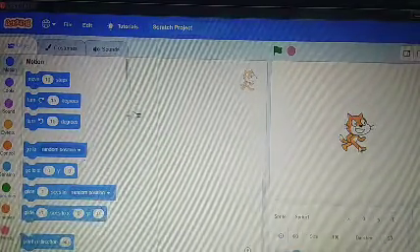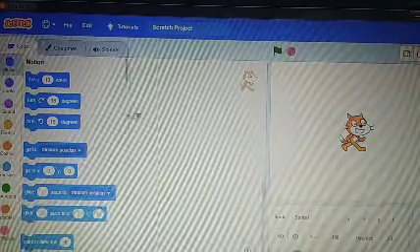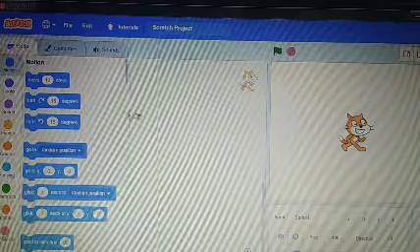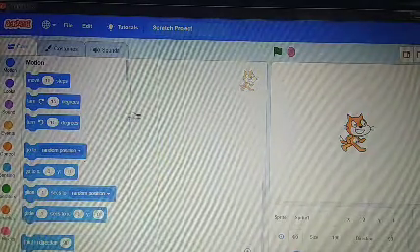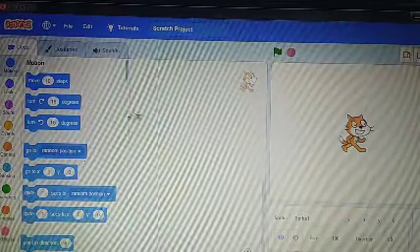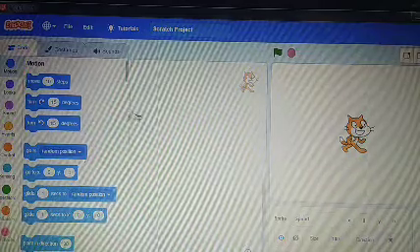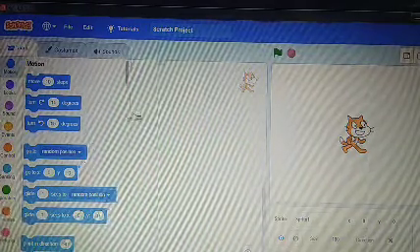This is the sprite, this cat. Sprite means object. If you are creating a game, for games you require some characters.